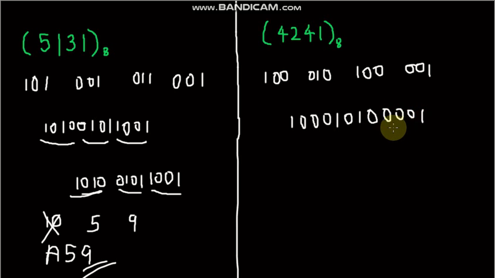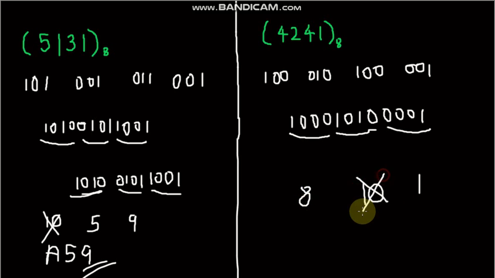Now the 4-bit equivalent of 0001 is 1. The 1010, that is we divided it into 4-bit numbers, 1010 is 10, and the decimal equivalent of 1000 is 8, but we cannot write the number as 10, hence we have to represent it as the letter A, and in the end we get the final hexadecimal equivalent as 8A1. So it was very simple, only a 4-step process.